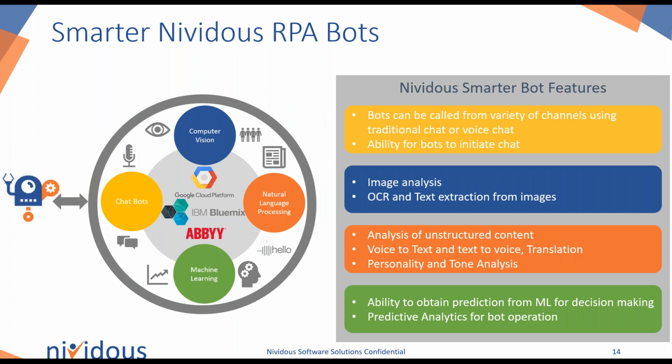Here's a look at how the smart bots work in terms of some of the different features and functionalities that they have. Smart bots can be used as chat bots. They can also do computer vision, which is just a fancy way of saying that they can deal with images as well as text data. So that is how it works when you have an invoice that is physical and it gets scanned in and the computer doesn't really know what the print is on the page. Sometimes you hear that called OCR. OCR is one technology and one way of doing that. Computer vision is another approach that is often taken for on-screen images. And then natural language processing, which includes